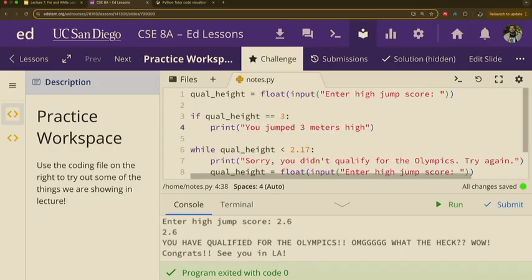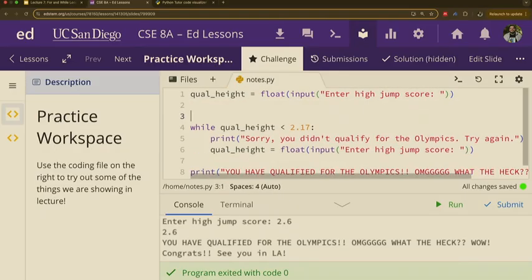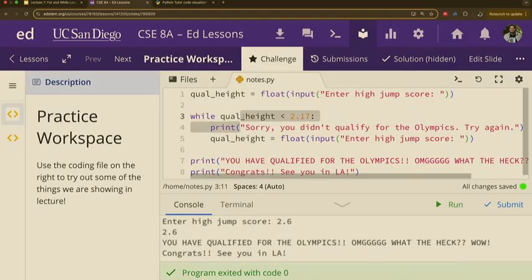And we would never read this print unless the qual height was exactly 3, if this was true. That's very similar to this while loop. This while loop is kind of like an if statement, where if this is true, then you go in here. Or while this is true, you stay in here and you loop over and over and over again while that condition is still true, okay?